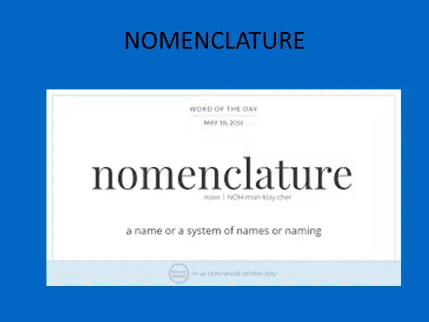Here the scientist Linnaeus says that the naming of a particular species always consists of two words. The first name is the name of the genus and the second name is the name of the species. For example, if we want to give a name to human beings, the word Homo is the name of the genus and the word sapiens is the name of the species. Sometimes the scientist also adds his name along with these two names, and if we want to give the full name of the species human beings, then it is Homo sapiens Linnaeus.